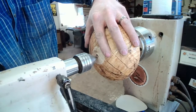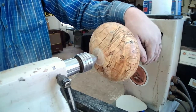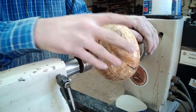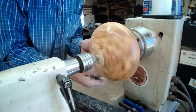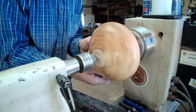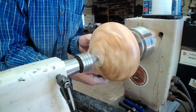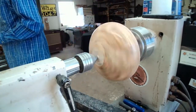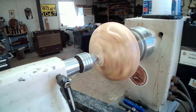Took the scrap block off, and we can just use that. There we go. Nice. Okay, so now we can use this, and it's running true. There we go. I don't have to screw with that block anymore. I was thinking the block was on there pretty good, but it wasn't. Twisted right off because I had turned most of it away, so